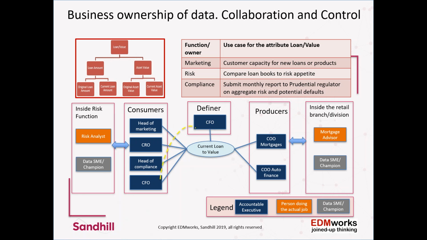So the legend at the bottom puts these three different roles: accountable executive, person doing the actual job, and the data SME. Now, those are looking at it from a business point of view, and of course, there is a big IT systems and data management set of responsibilities, particularly when we get into the technology, and Joe later on will mention some of the different systems that these things might be stored on. Then we need to make sure that we understand who the system owners are, who's accountable for that, so that if things go wrong with particular bits of data, we know we have within our governance system the full inventory of people that we need to contact for the specific issues that we might have.